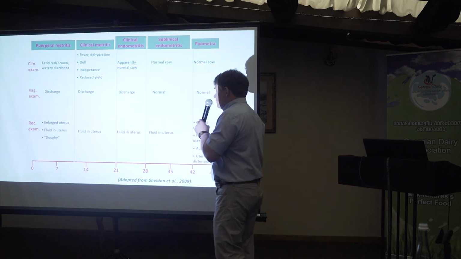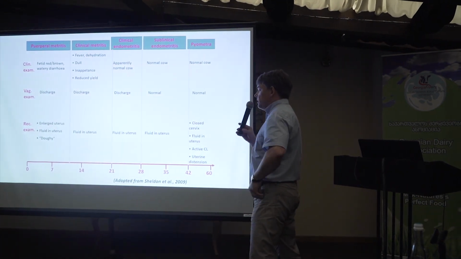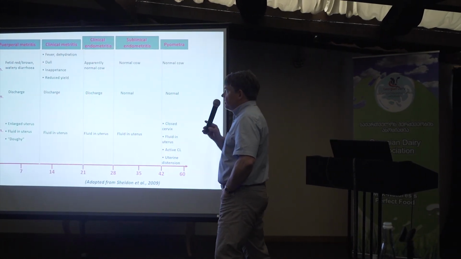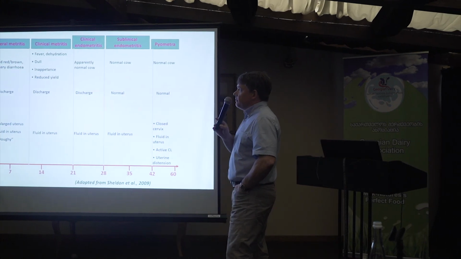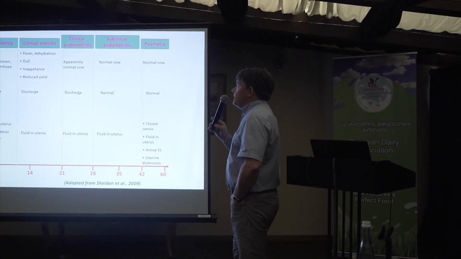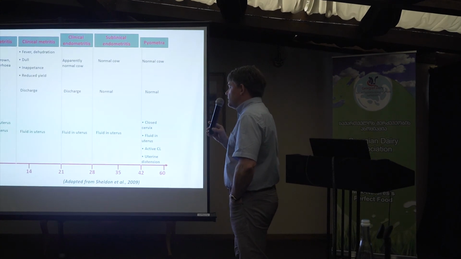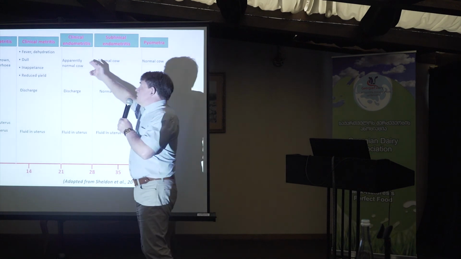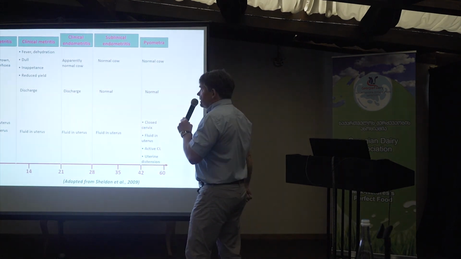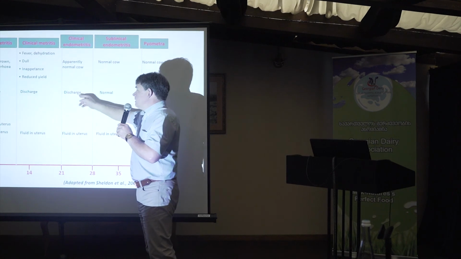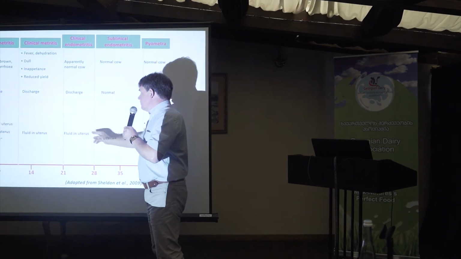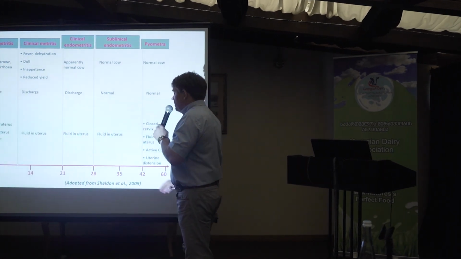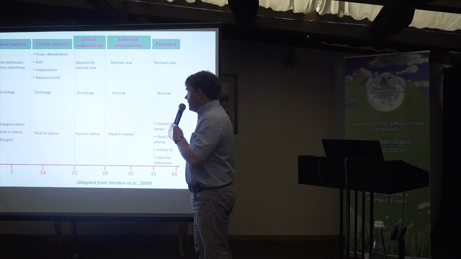And now, if the first treatments are done and the cow is still not in proper order, it may easily happen that this puerperal metritis, which was going to be a clinical metritis, will turn to clinical endometritis. And this endometritis now means that the process starts to improve. The cow is apparently quite normal, but still there is some discharge from the vagina visible, and still there is some fluid in the uterus.